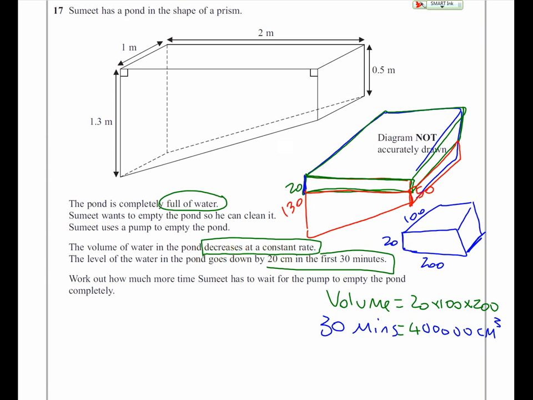So our new shape that we're going to have is going to be, instead of 130 centimetres, it's now going to be take the 20 away, 30. It's going to be, that's it. I'm going to split this up into 2 so we can work out the CSA, cross-sectional area, and